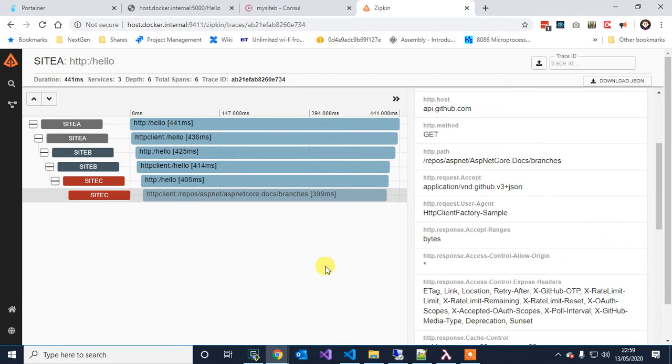Now we can see what's going on. We can also see that it was actually Site C that took the vast majority of the time up. Nearly, well, let's call it 400 milliseconds of the 441 milliseconds in total. Now you can see that each call is taking a little chunk out of the time. They're all taking their own maybe 10, 15 milliseconds. So you've got to be careful when chaining microservices, because before you know it, the time wasted is just